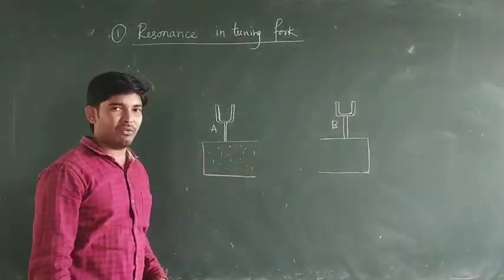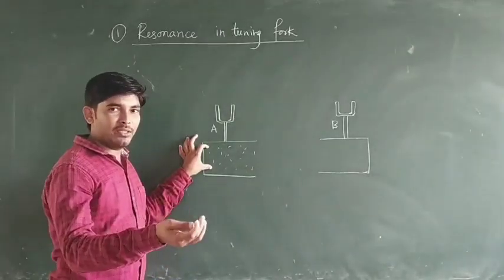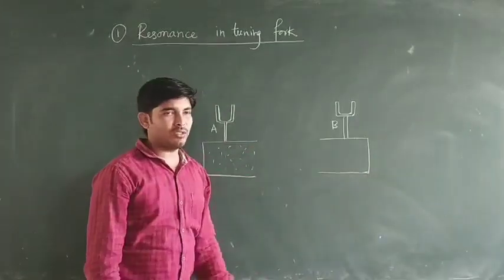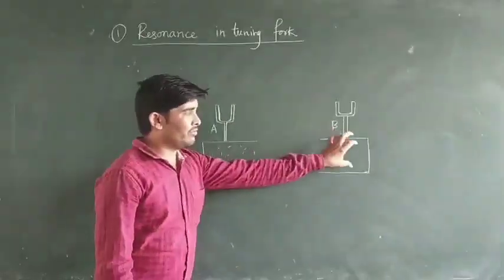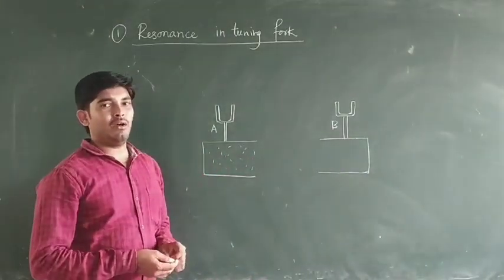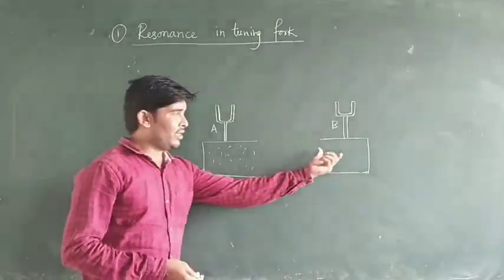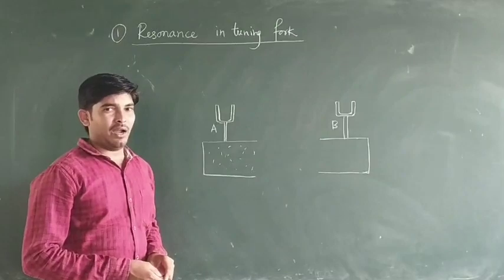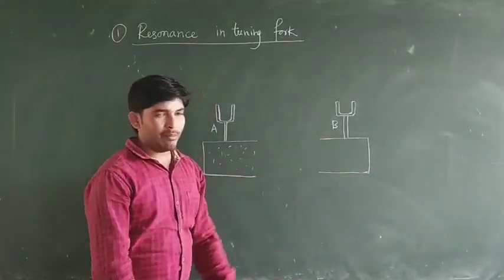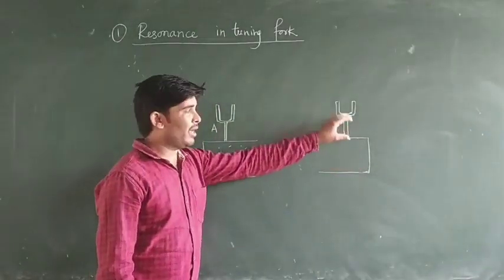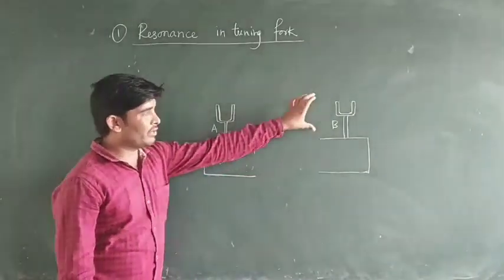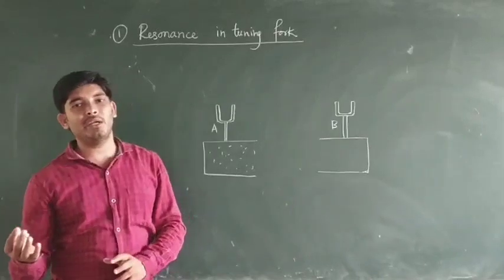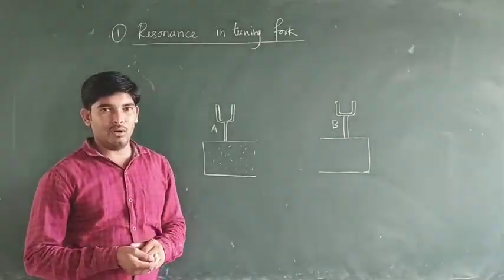Due to the larger surface area of this sound box, these air particles vibrate with a larger amplitude, and they communicate with the sound box of tuning fork B. The air particles of that sound box also start to vibrate with greater amplitude, and the frequency of this vibrating air column is exactly equal to the frequency of tuning fork A. Since we know this frequency is the same as the natural frequency of tuning fork B, tuning fork B picks up these vibrations and starts to vibrate with a larger amplitude under resonance.